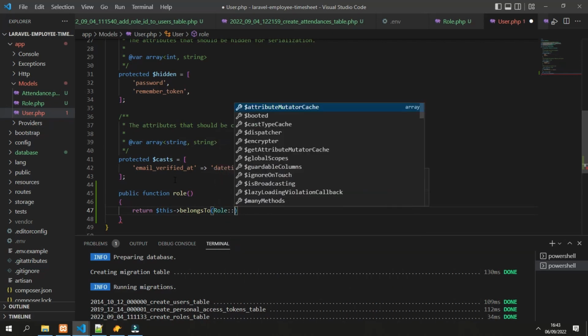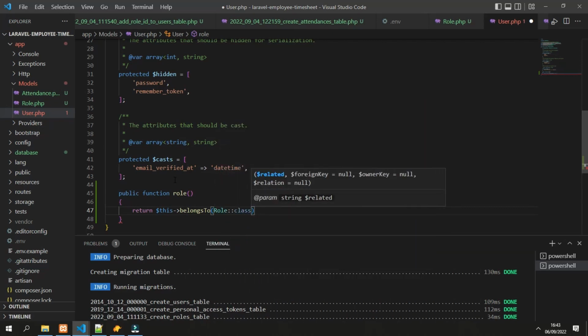So role class, and just to play safe, in here we can write the foreign key, which is role ID inside the user class or user model.